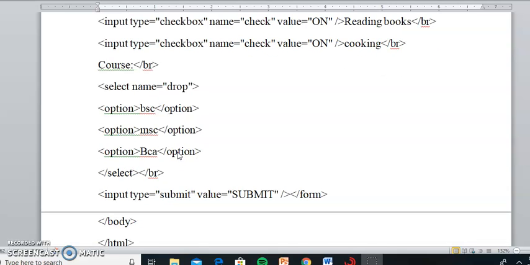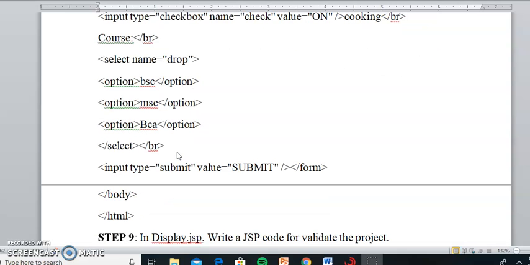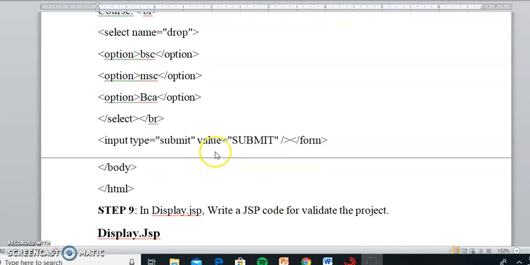Using HTML we are designing these options. This is our base, and course names, three or any number, can be inserted using the option tag. So many options you can include. And then the submit button, input type equal to submit.